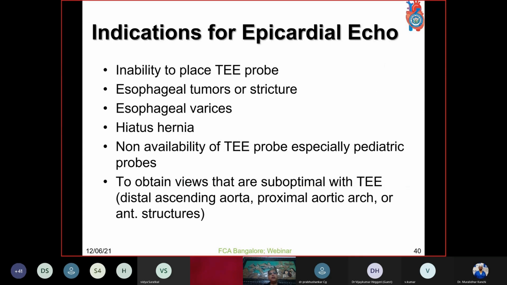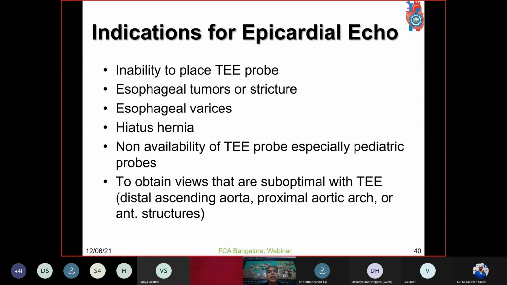Indications they have set for epicardial echo are whenever we are unable to perform a transesophageal examination, meaning if there is esophageal stricture, varices, hiatus hernia, especially in pediatric patients where the pediatric TEE probe is not possible, or in neonates where transesophageal echo is not possible and the neonatal or micro probes are not available at most places.